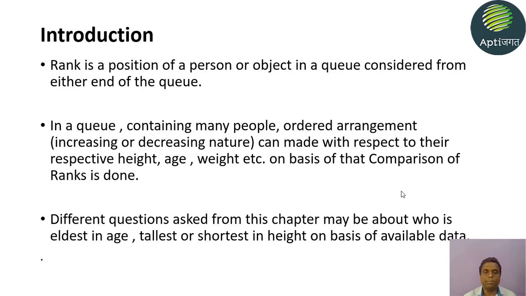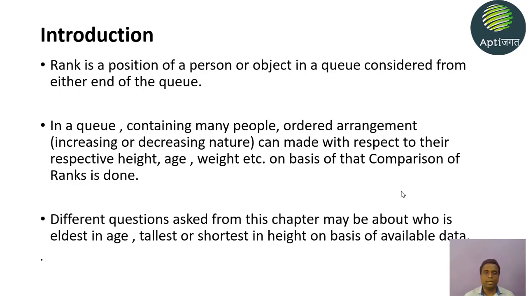Okay, students. Now we will see what type of questions are asked. If the questions are based on ranks, they can be of different types. What if the forward rank is given? Then we have to find the backward or reverse rank. Means if a person is fifth from front, what will be his rank from the last? In such a case, the total number of people is given. Then we have some shortcut techniques to find his rank from last.